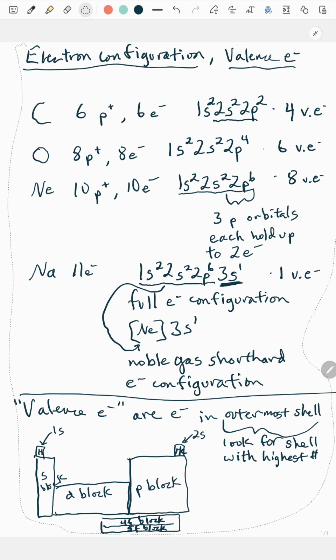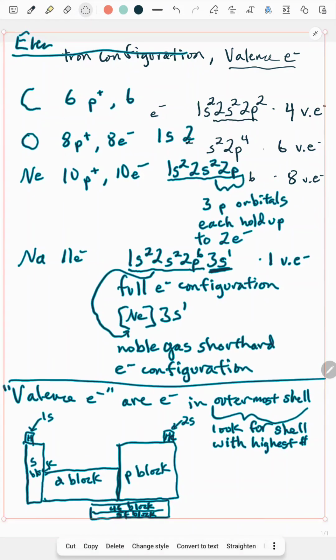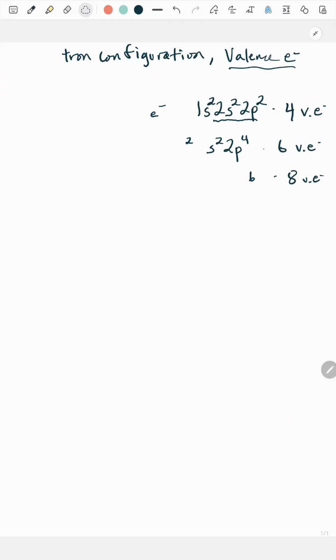I'm going to clear the page here. I'm erasing the board, and we will start over. All right, now